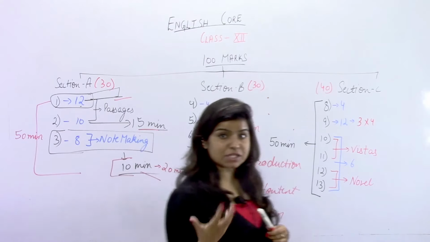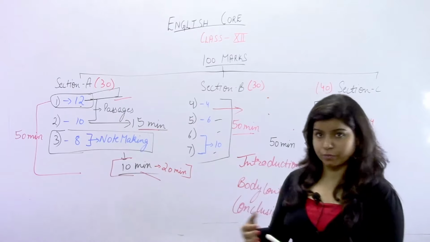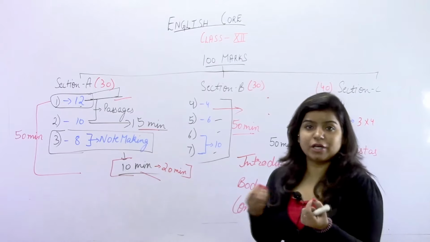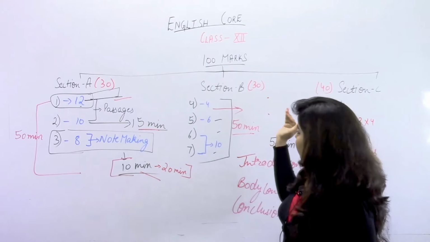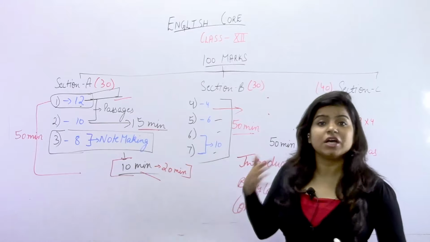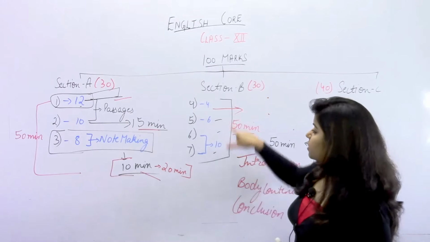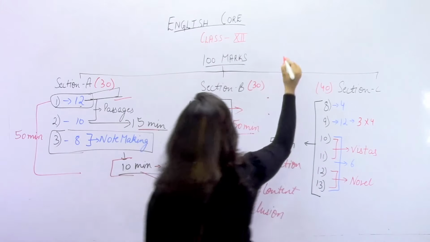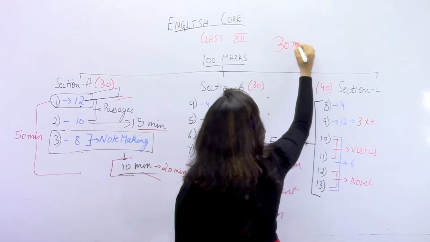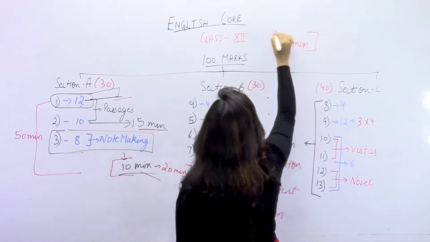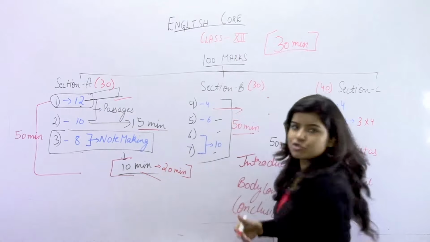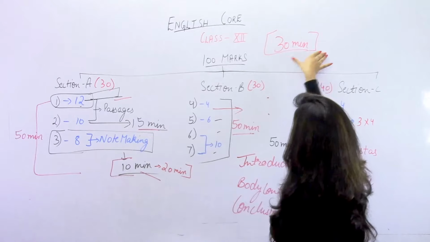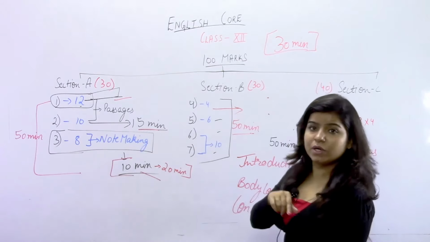Why am I saying 50 minutes, friends? I am including your wasting time too. Because being the first paper, we will be nervous enough and we will be wasting a bit of time looking here and there. So that's why I am giving you the 15 minutes. But if you feel you will not be wasting any time, you must complete this target within 40 minutes. Then you are left at last with your precious 30 minutes, which usually people who don't follow the strategy don't get.